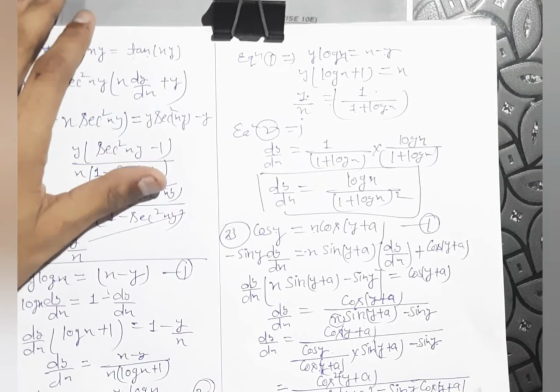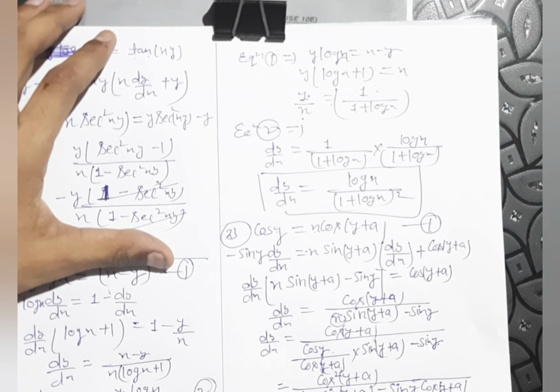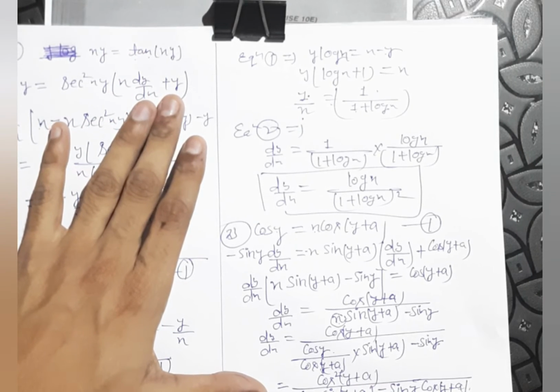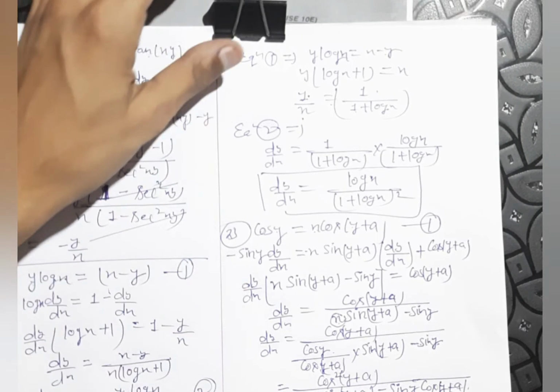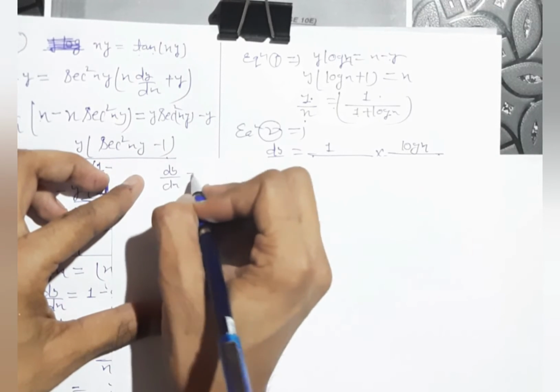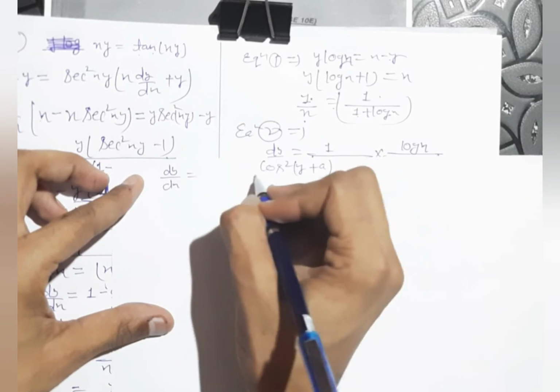Now you can look in the denominator, as this is just cos a sin b minus sin a cos b, so it is just the formula of sin(a minus b). So let me use another paper. So this is here cos square b plus a, cos square b plus a divided by, this is the formula of the sine a minus b.